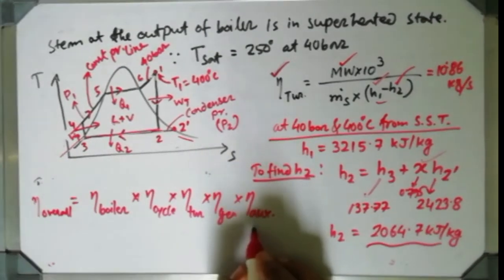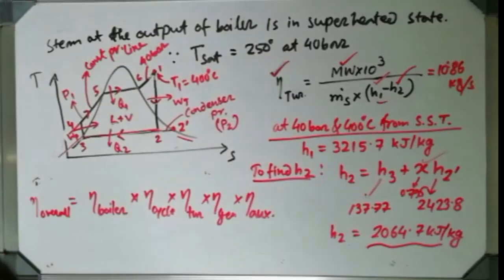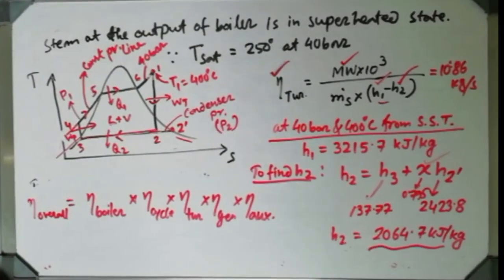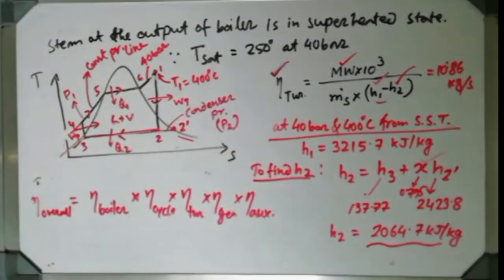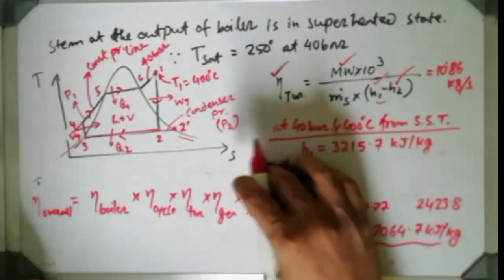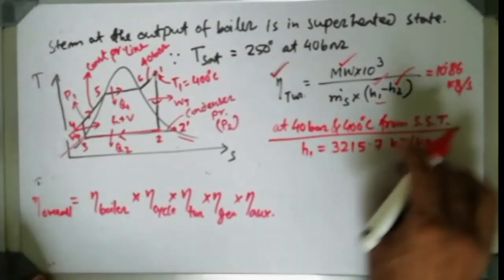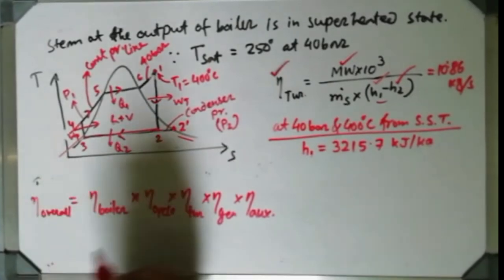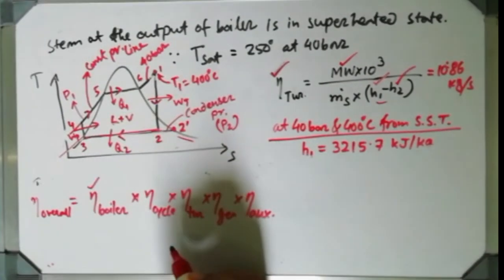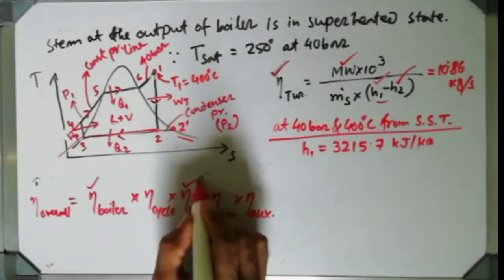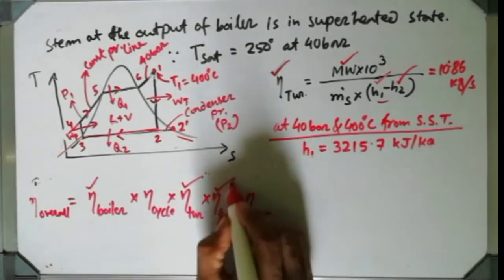Auxiliary is coming there because some auxiliary power is consumed, as given in the problem. Otherwise I could ignore the auxiliary part, but here it is being asked, so it is included. Eta boiler is given in the problem directly, eta turbine is also given directly, eta generator is also given,